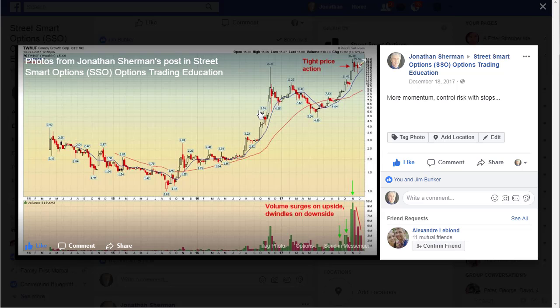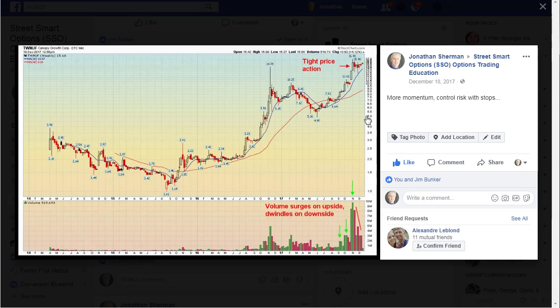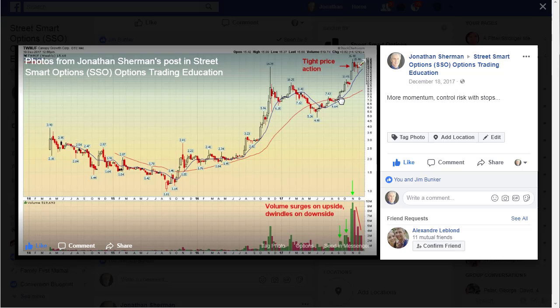because okay, they exhaust their initial move here, right? This thing went initially from 2 to 14 and it exhausted that move, and it took a long time to recuperate. But you got to keep your eye on it, because this kind of move it can duplicate. And sure enough, with this stock, it bottomed at 5 and then started seeing this tight consolidation, this tight action again. Volume started picking up again in the chart,